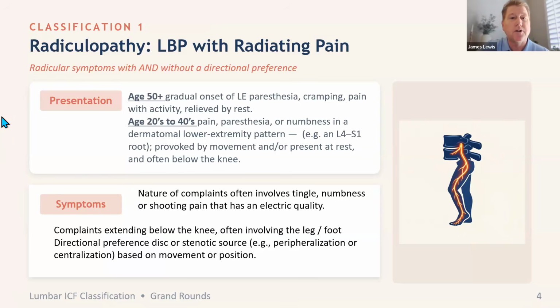Gives you a little bit of information from the demographics, age 50. It's typically a little bit more of a gradual onset versus the younger age. It's a little bit more of maybe an annular tear or some injury that creates an immediate onset of pain. Okay, so that's radiculopathy, kind of the demographics, the symptoms,